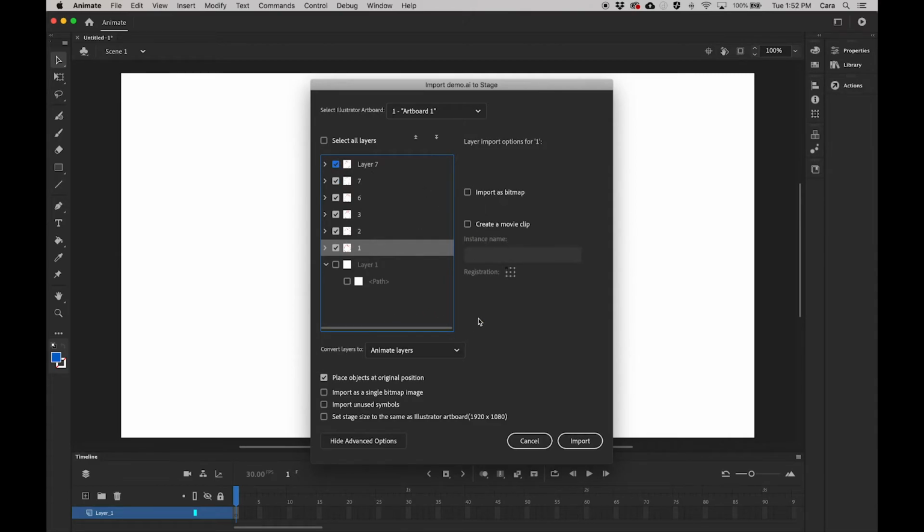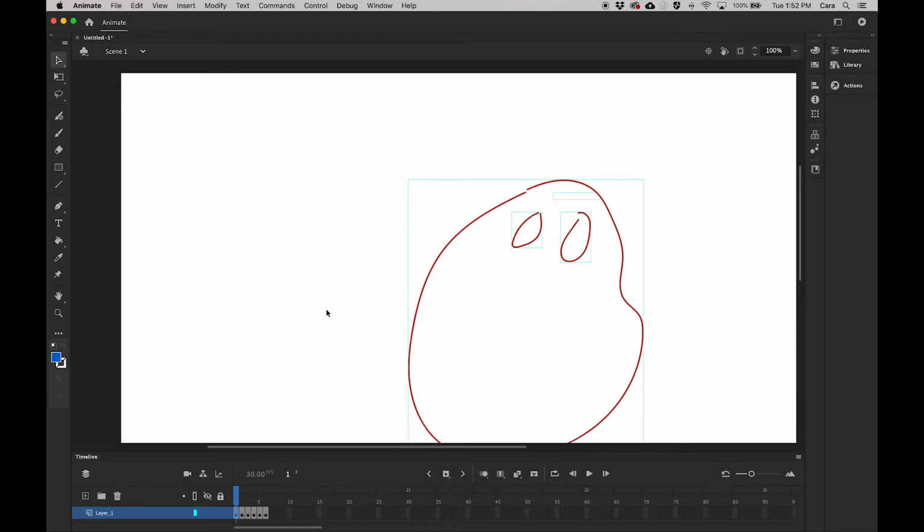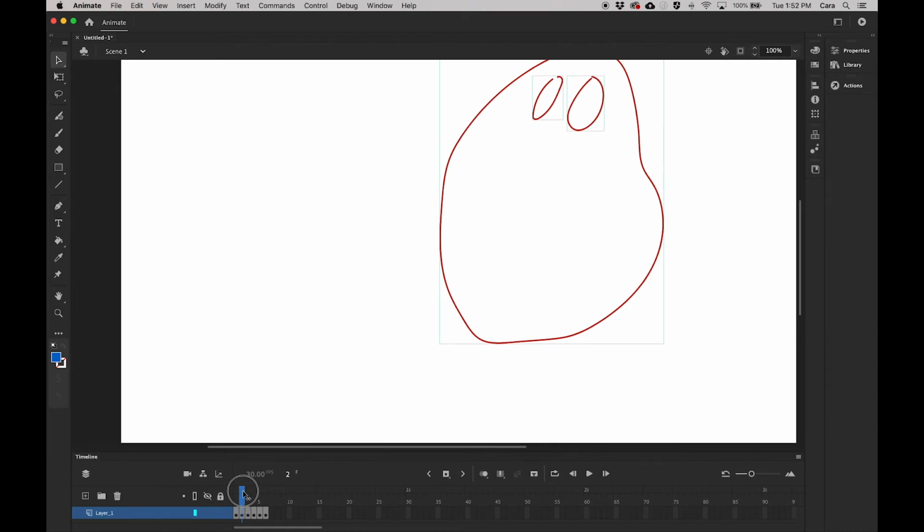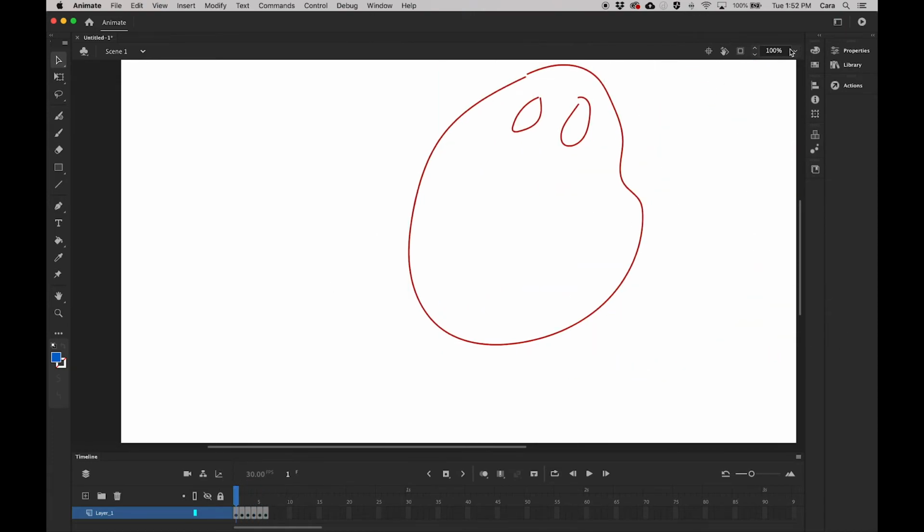Now here, this is the important part, and it's a part where a lot of students miss, and then they don't understand why they don't have an animation. So you need to convert your layers to keyframes. All right. And then I'm going to also say, and this is why I didn't care about my initial setting in Animate, set the stage size to the same as the Illustrator artboard. And then I'm going to say import. And you can see down here that it brought in my lovely animation